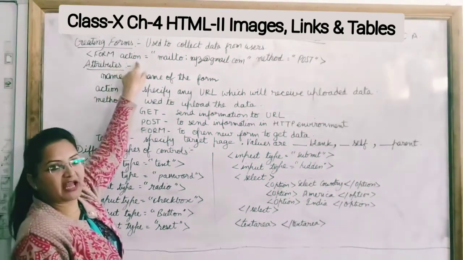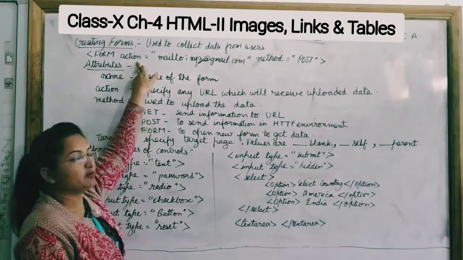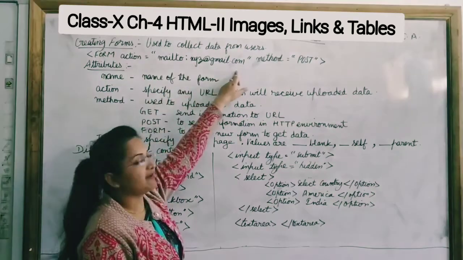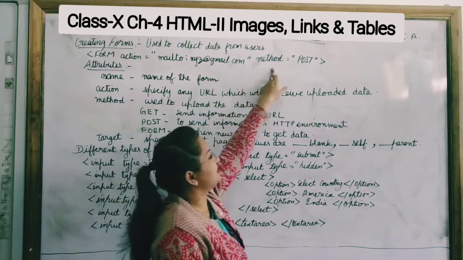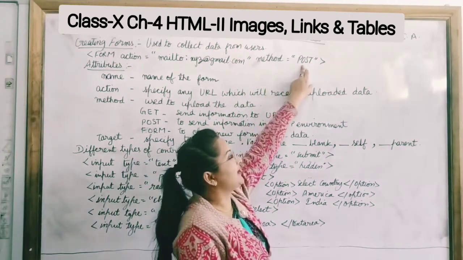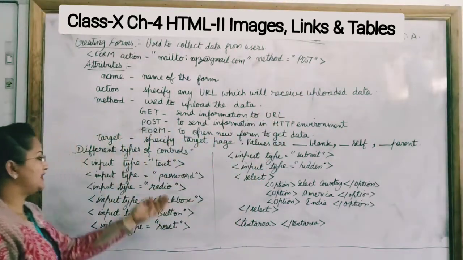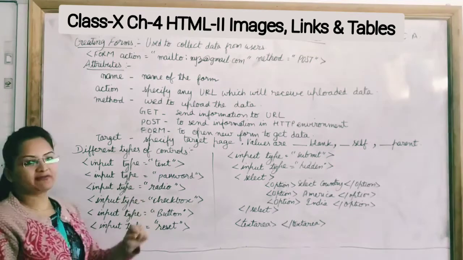So students, you have to write the form tag first. This is the action attribute. I will explain attributes later on. So action attribute, then its value. Then again, the second attribute of the form tag, this is method. In this I have mentioned a value post. And after that you have to write these input tags inside it and you have to close the form.